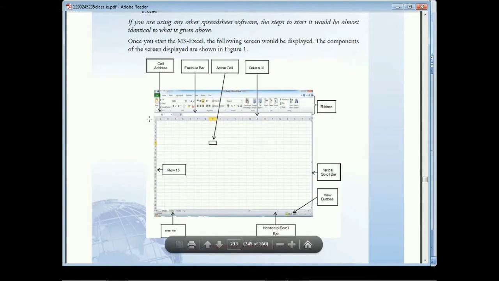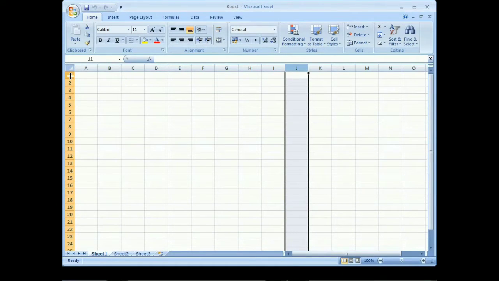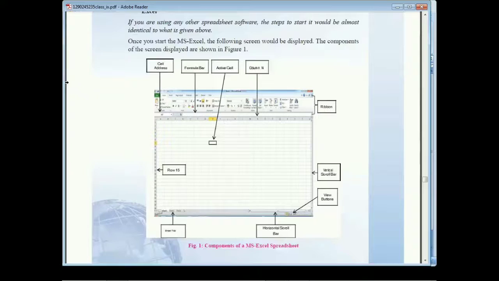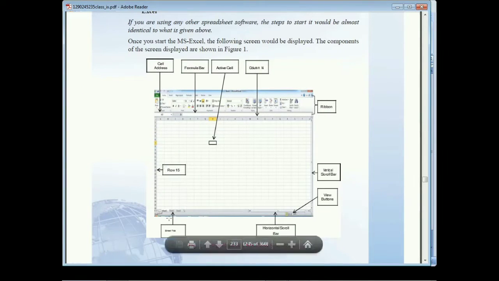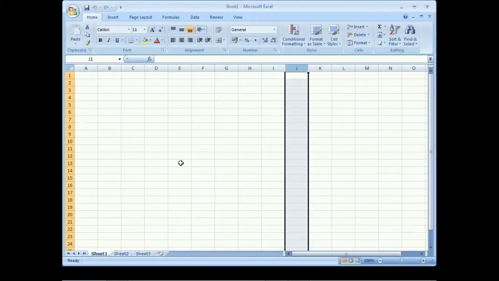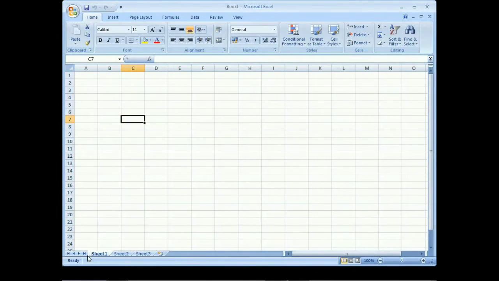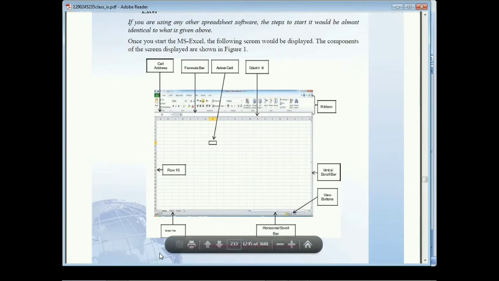Now row, we can see the row section. This area on the left side, these are 1, 2, 3, 4, 5, 6, these are numbers. So these areas are called rows. Below the sheet we can see there is a sheet tab indicating Sheet 1, Sheet 2, Sheet 3. In the main window we can see at the bottom side there is Sheet 1, Sheet 2, Sheet 3. And beside this we have one new button, that is the insert worksheet.